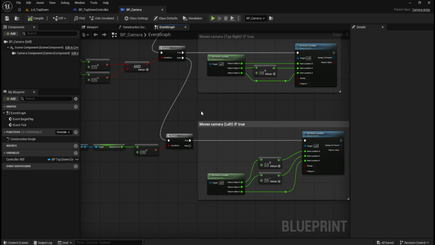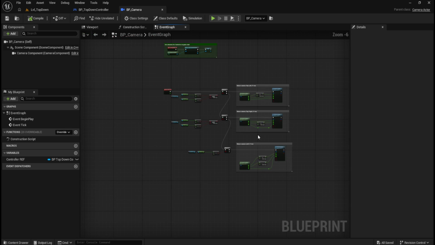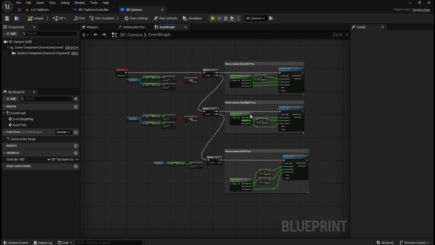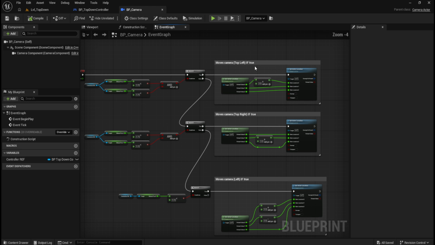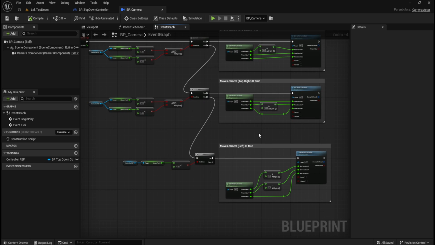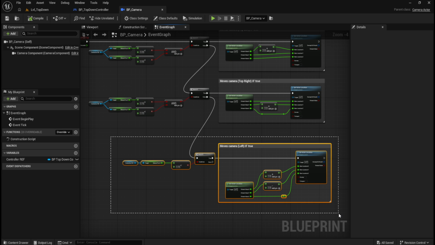Right. Moves camera left if true. Okay, so we've got move top left, move top right, move left, move right. So now what we need to do is basically copy